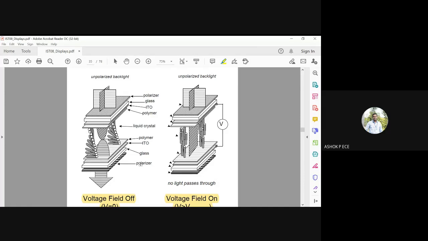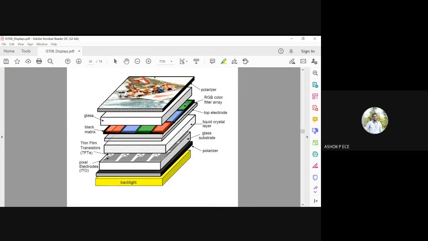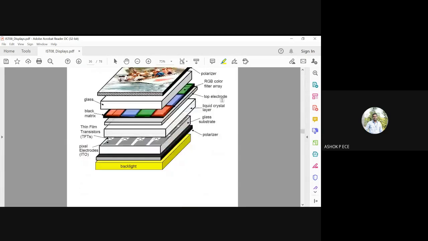But if you want to display color images, you have to have the RGB array. That is what you see here. We have this RGB array, and the outermost layer of the RGB array is a black matrix. Okay, and the other things, glass, polarizer, we have seen, will be there. Glass, polarizer, ITO, polymer, all these will be there. So glass, polarizer, RGB array. Then you have the black matrix and the electrodes for giving the voltage.